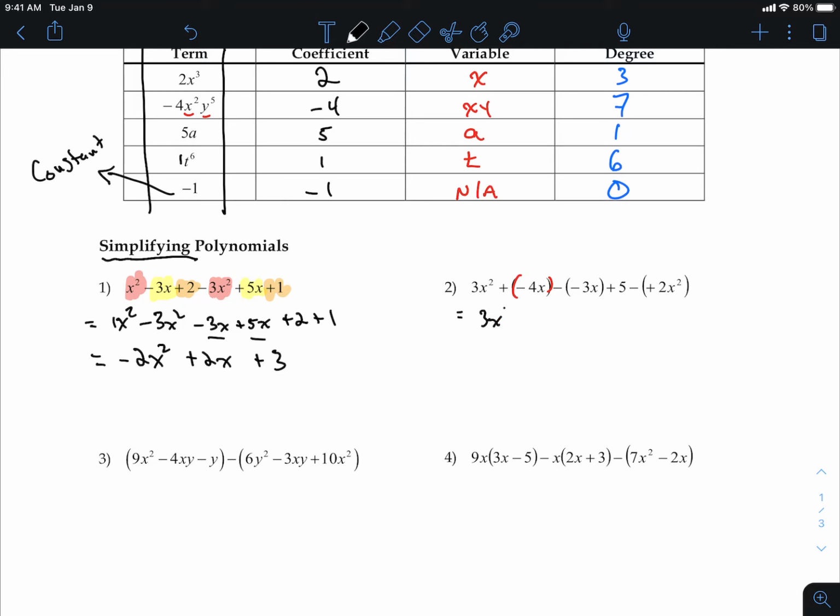3x squared doesn't really have anything fancy with it. Positive 1 multiplied in is going to be minus 4x. Now here's where it makes a difference. I have a minus sign multiplied against another minus sign. So these two here